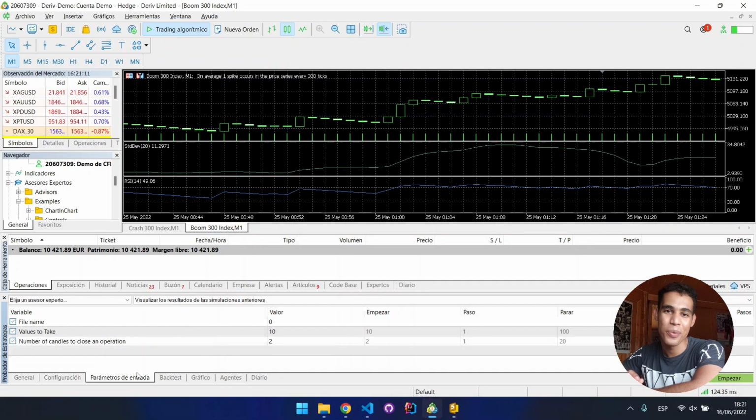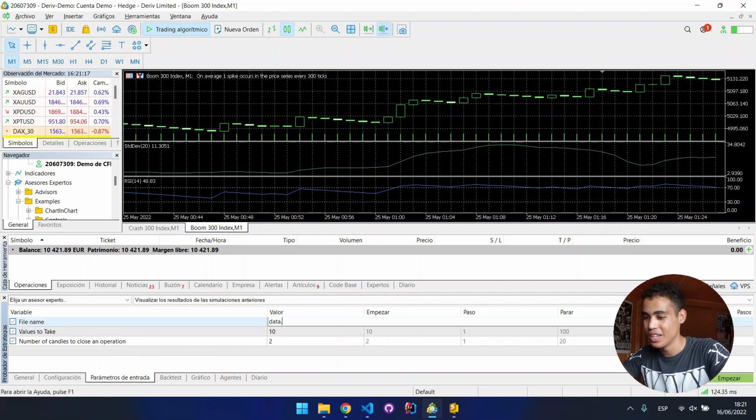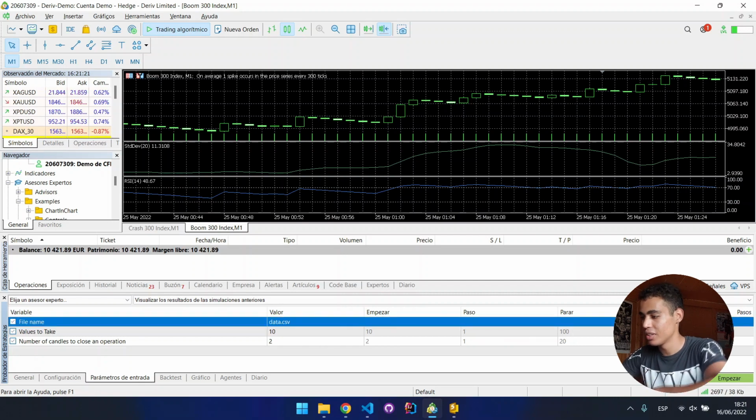Okay, so the error was so simple because here the file name is 0, so I don't know what happened. Here we can put data.csv, perfect, and now we click again on start,